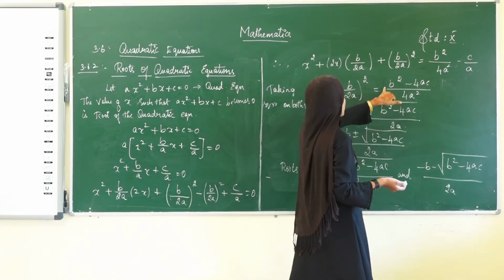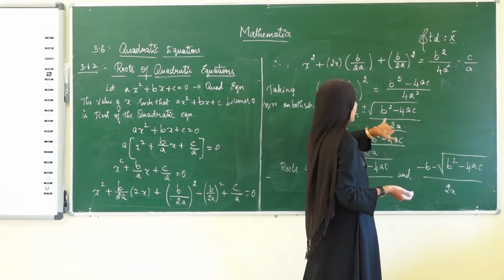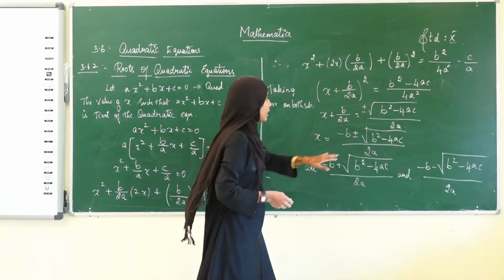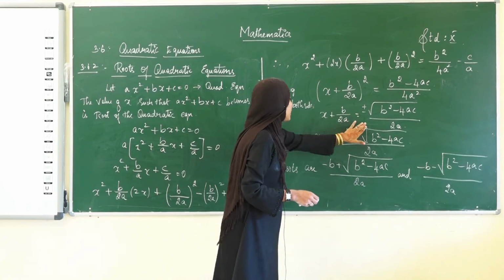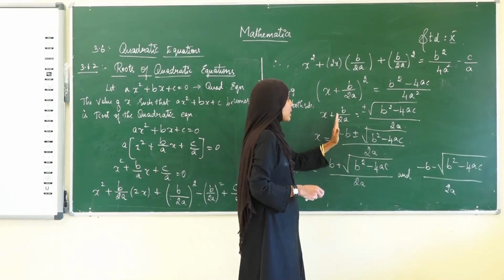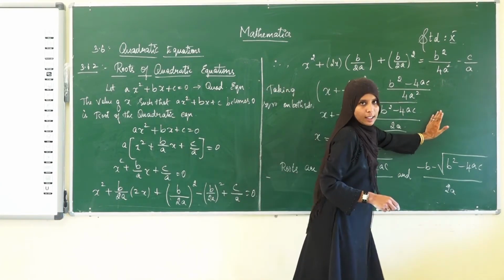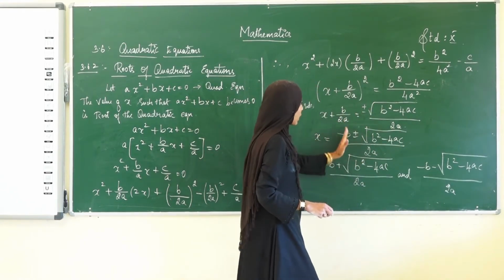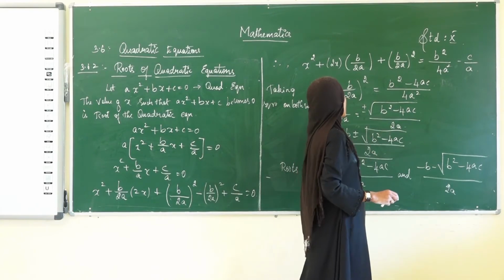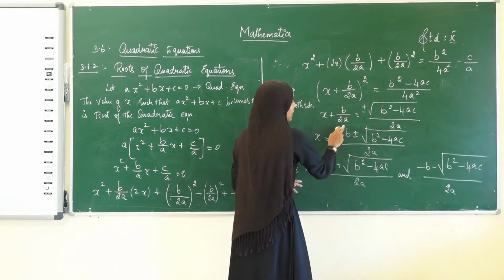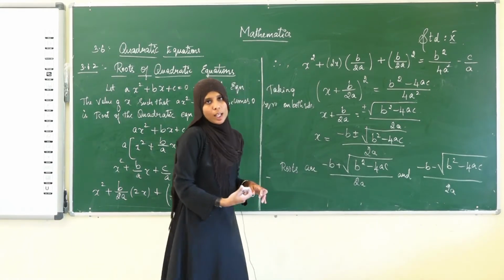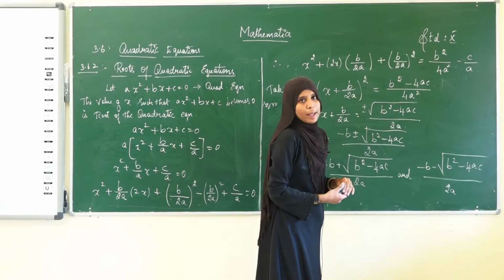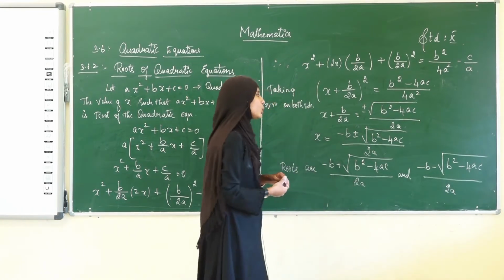Okay, plus or minus root of b square minus 4ac divided by, in the denominator, the square root of 4a square is 2 into a. Therefore, 2 into a. So this can be written as: this minus this, plus b divided by 2a is taken to that side of the equal. Therefore, it becomes minus b divided by 2a plus or minus root of b square minus 4ac divided by 2a. See, the denominator we have both as 2a. Therefore, taking that as common, minus b plus or minus root of b square minus 4ac divided by 2a.